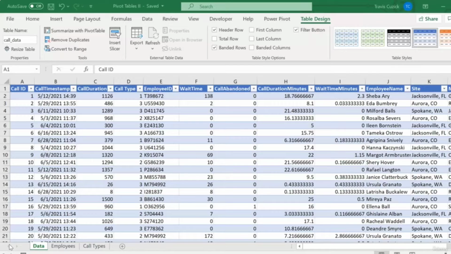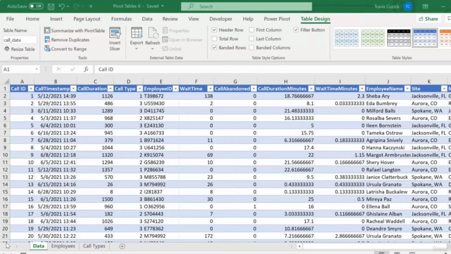Let's see how this works by building on our example from the last video. First, by way of briefly recapping Pivot Tables 101, I'll recreate that pivot table from the previous video, but this time from an Excel table instead of a range. So here we have the same data set as in the last video, but it's been converted to an Excel table called call data. So it turns out that this makes the process of creating a pivot table, but also